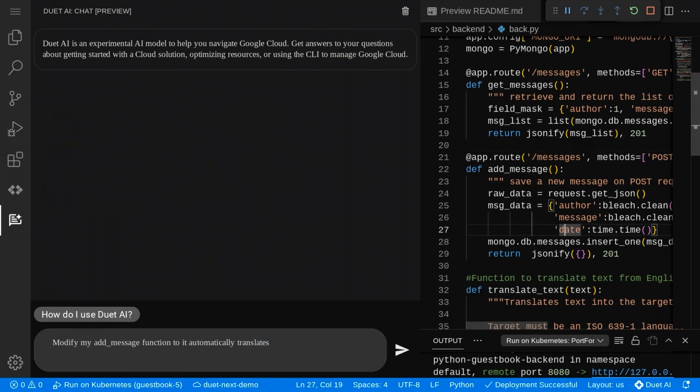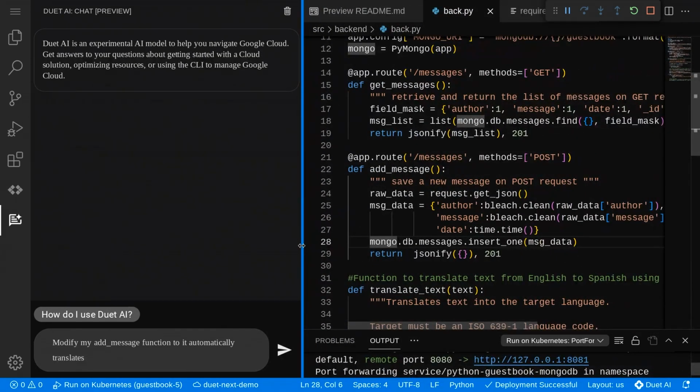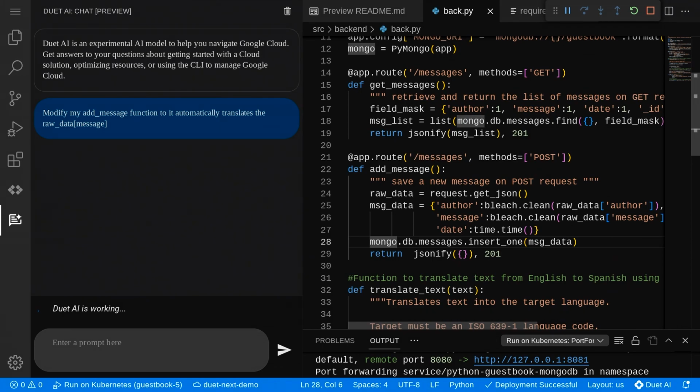This screen size is not too helpful. And boom. So what I do here is generate some code suggesting, hey, here's how you can modify your